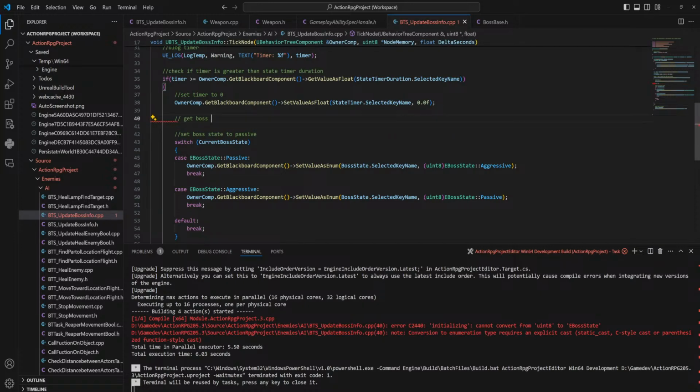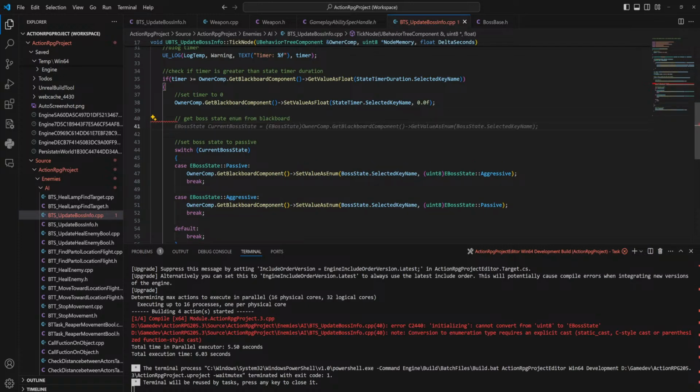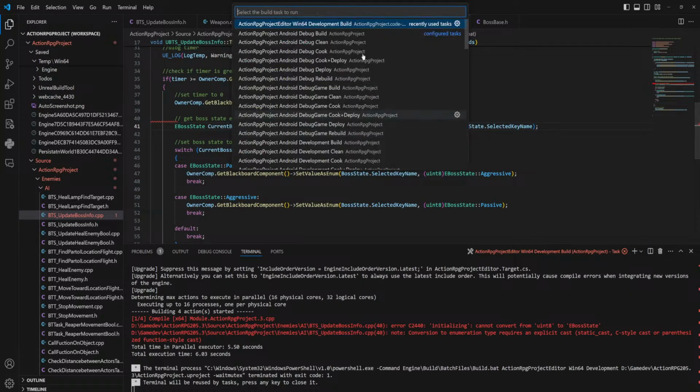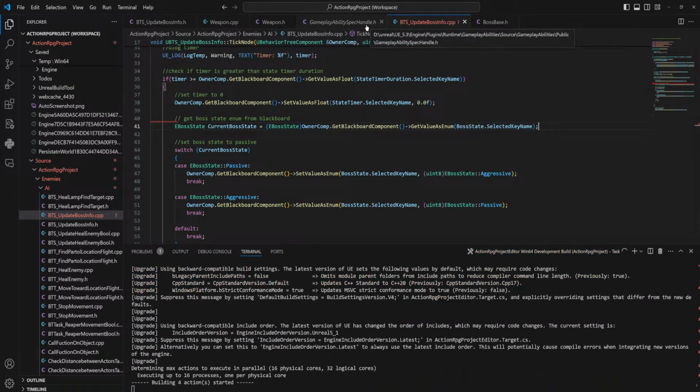Get boss state enum from Blackboard. What are you gonna do? You just get value as enum. Yeah, so that gave me problems before, right?